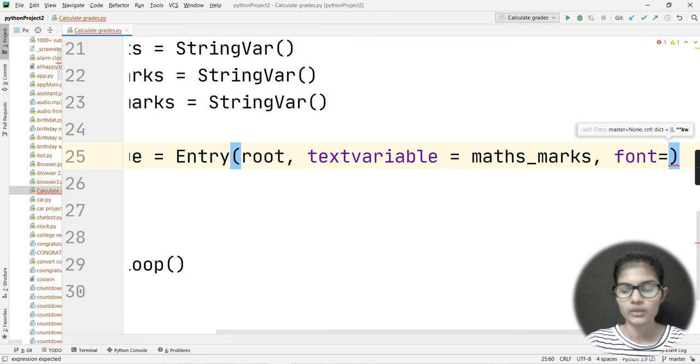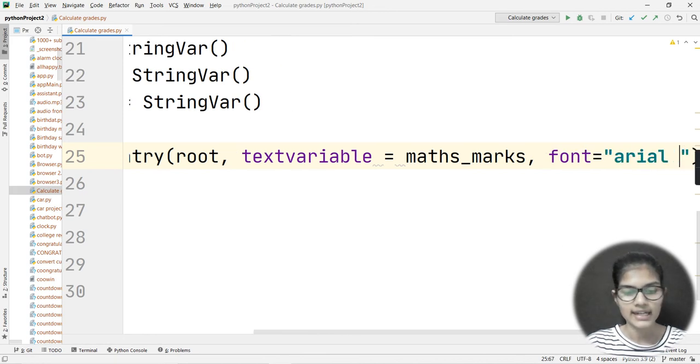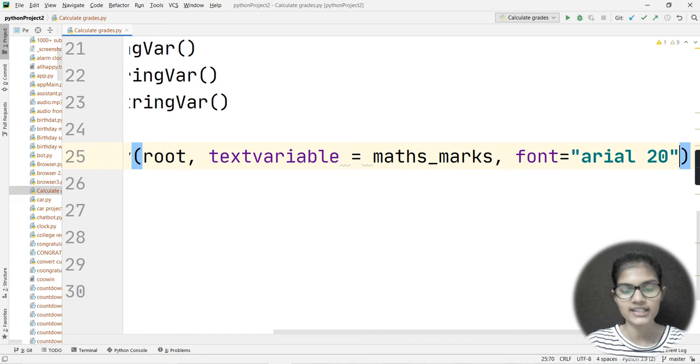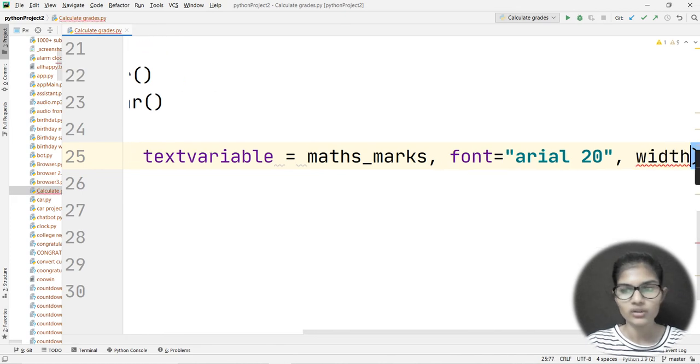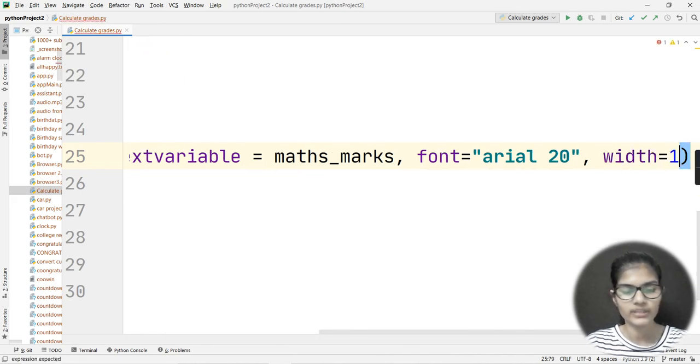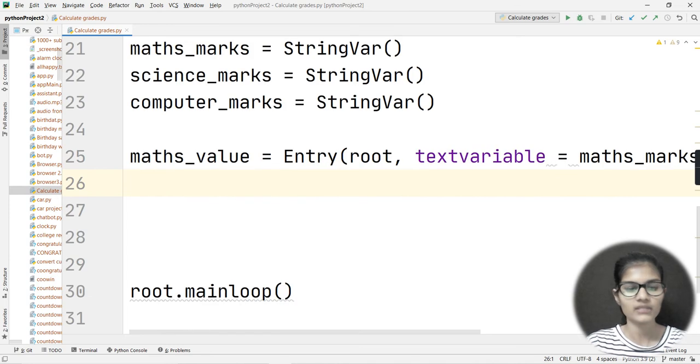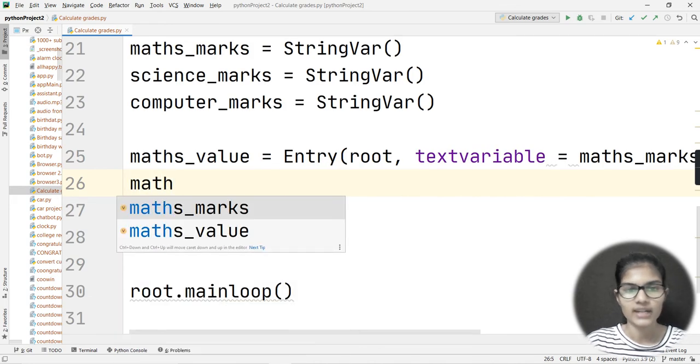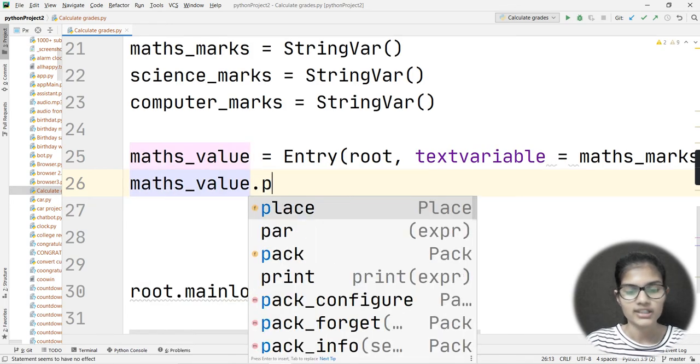And we had stored the format of the input that we want, right? So that same thing I'm passing here. For font it would be Arial and the size would be 20, right? And what about the width of the box? So let's say width would be 50. Okay. After that, I would write here maths underscore value dot place.